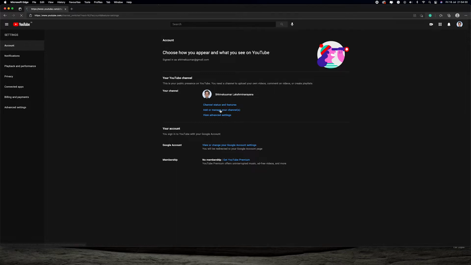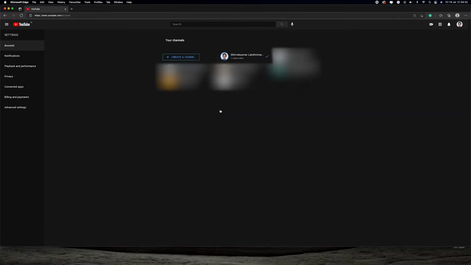If I click on add or manage your channel, which is right in the center of the screen, you will be taken to a page wherein you have your default account and any additional YouTube accounts that you might have. If it is a new email ID you're using, you might see just your default YouTube account here. On the left of it, there is a button which says create a channel. If you click that,